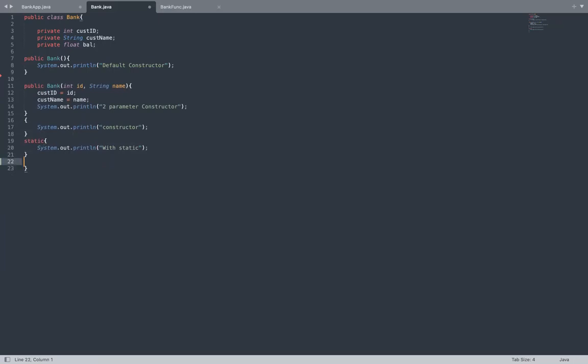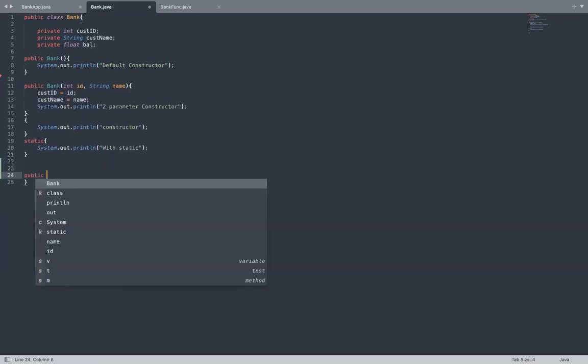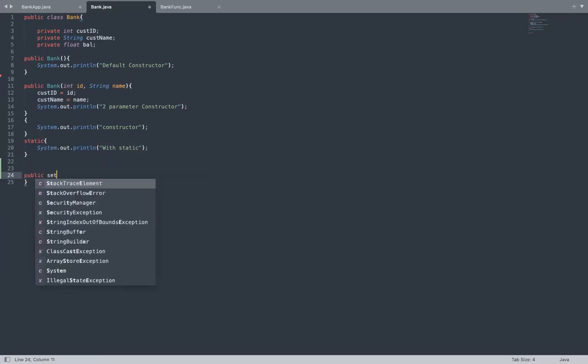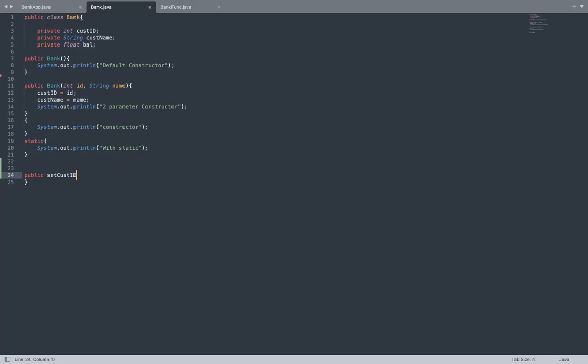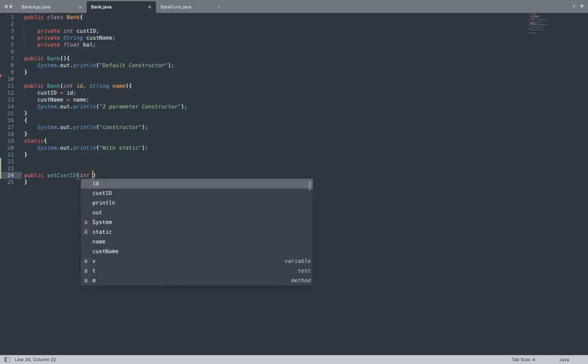So after this static block, you can create your methods. So you have given everything as private. So create setter and getter. Okay. So others, parallelly do it in your system, and if you have any issues, you can let me know.